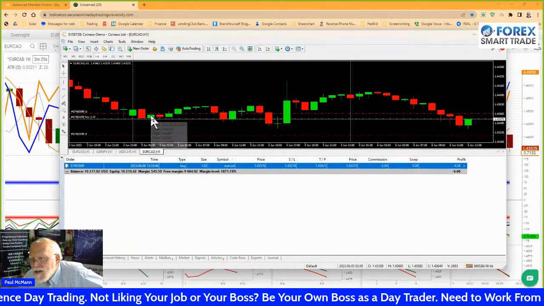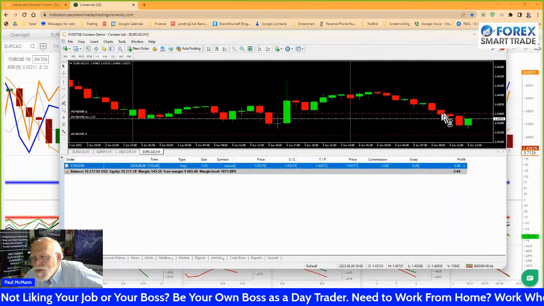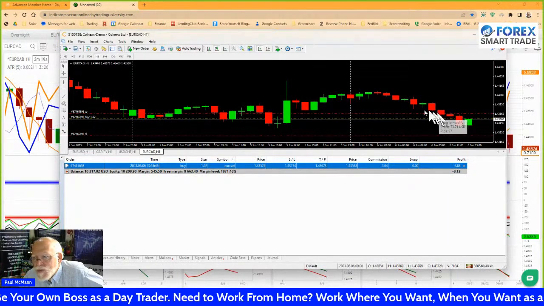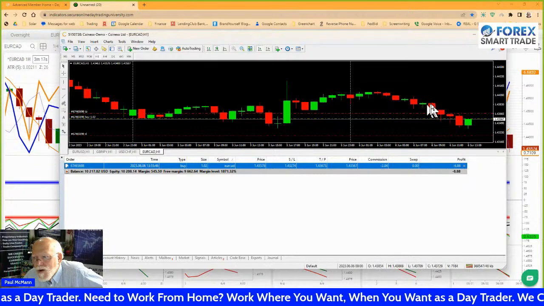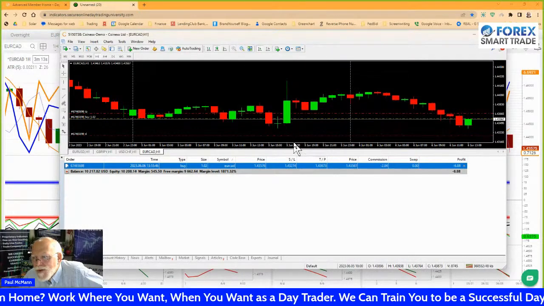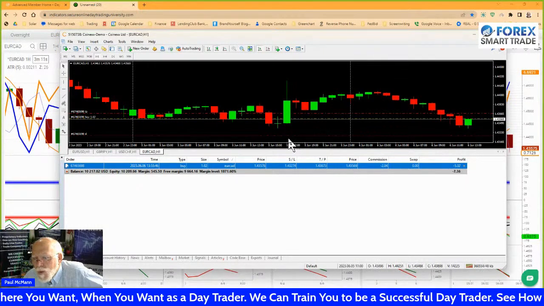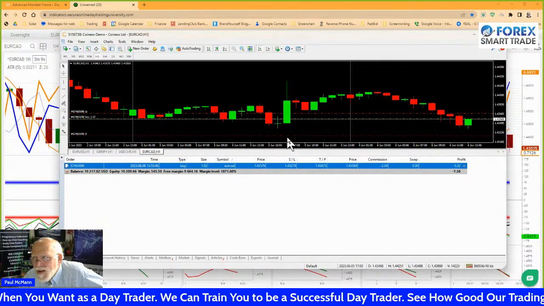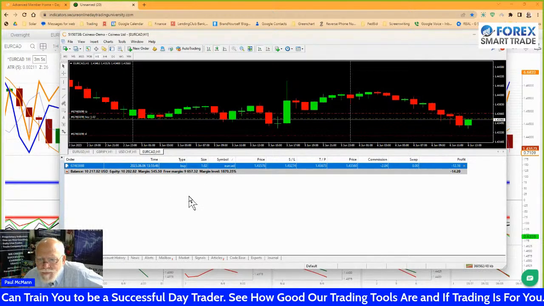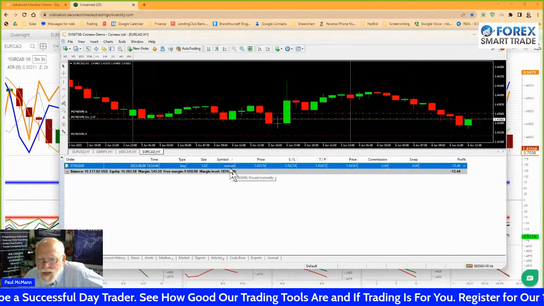And it puts me right in on this candle. Our resistance was like right up in here. So I think we're good. I don't want to go all the way to the resistance line. So we took a buy on the Euro Canadian dollar